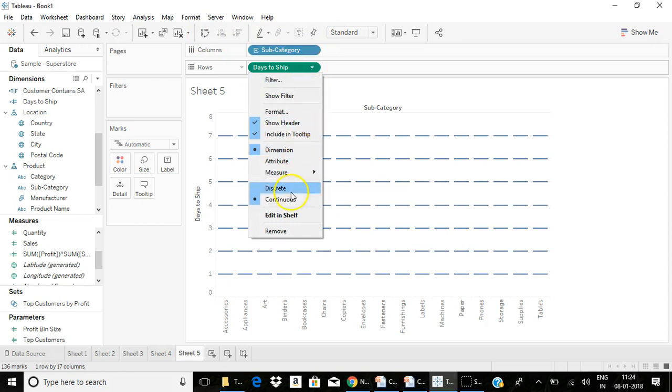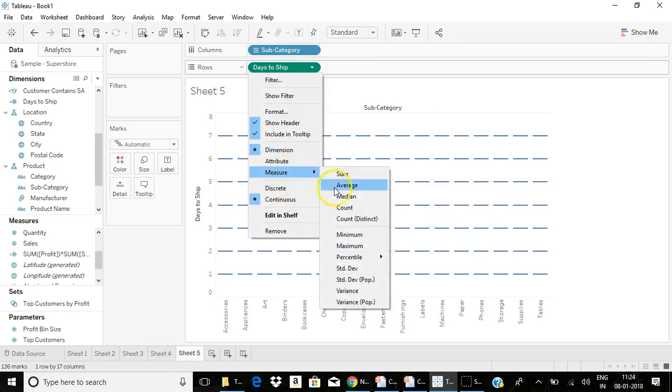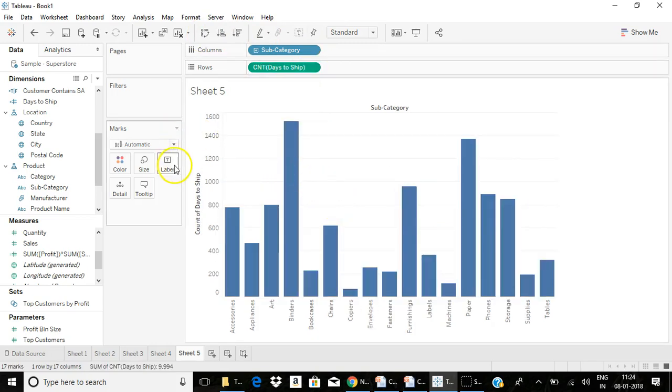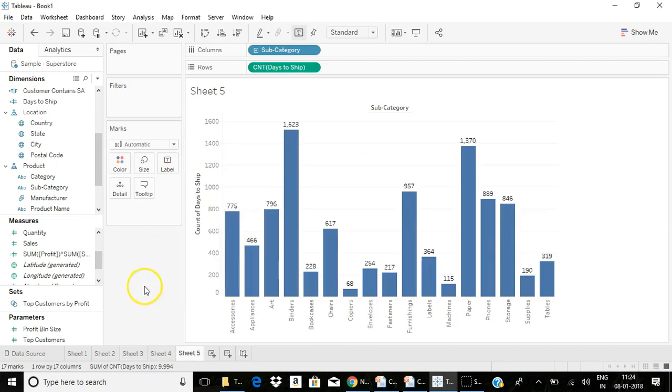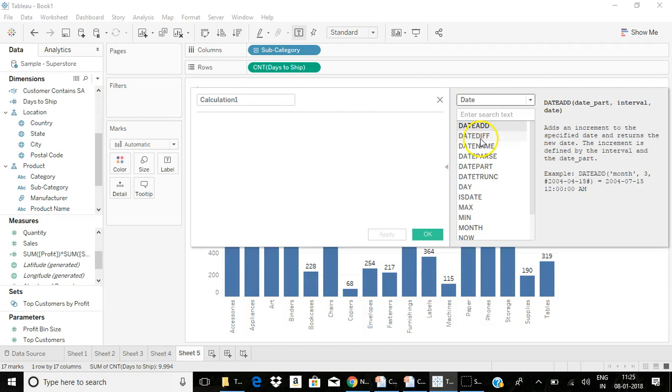Like I can change this to count. So like this, based on the requirement, use different date functions.